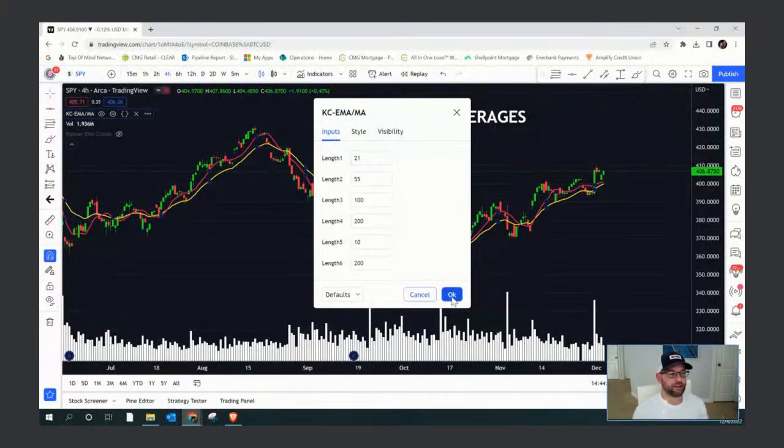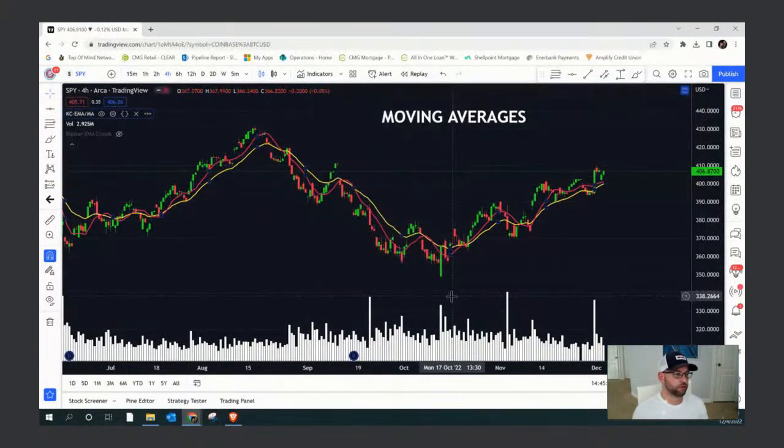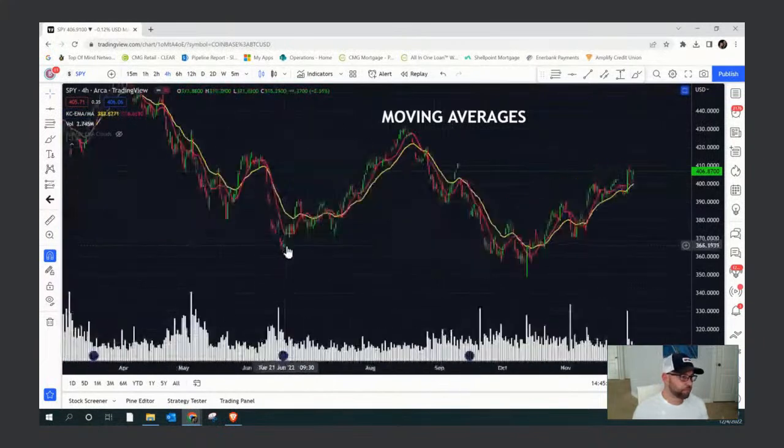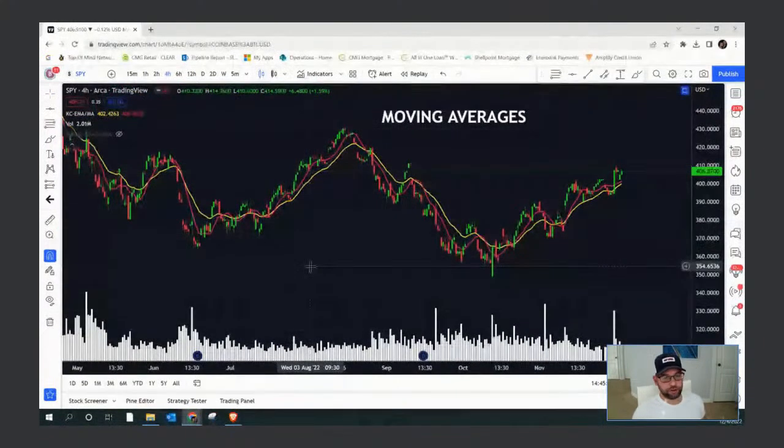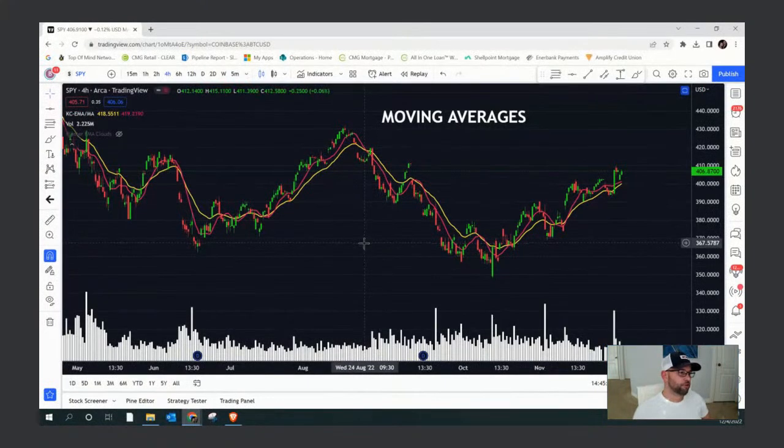So we're just looking at a 10 and a 21 EMA. And why this is a really simple strategy is when these cross each other, when MAs cross, it can signify a move that's about to come. What we can see here, you had several fake outs along here, but then we had a cross. Once we crossed to the upside